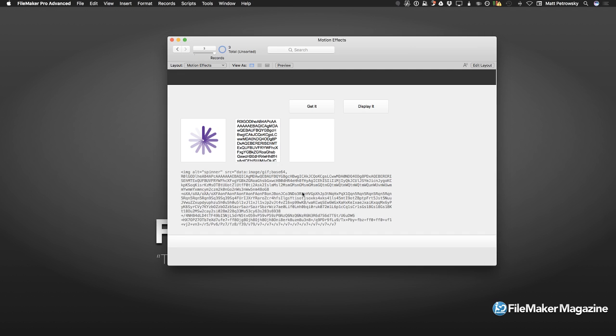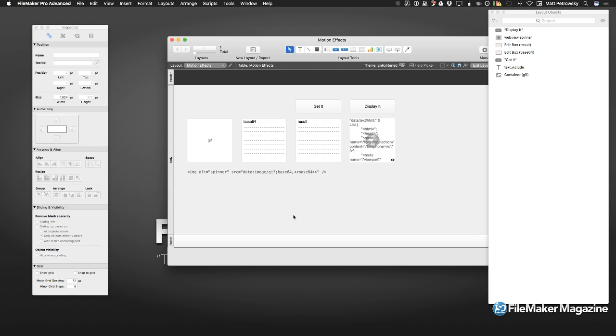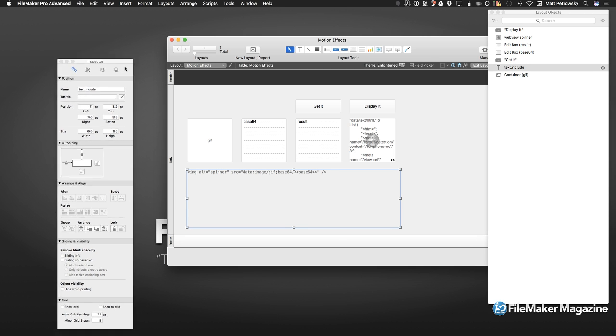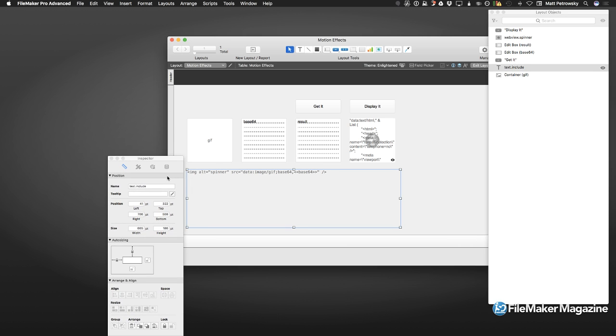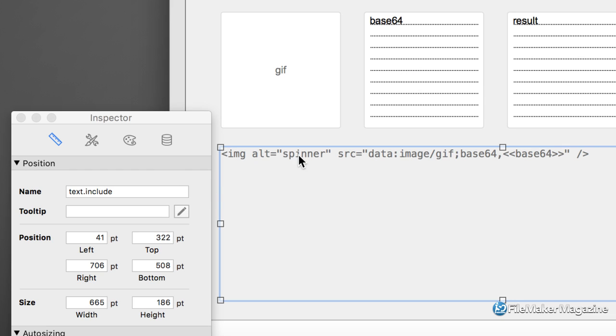When we go into browse mode, we can see that the merge field is actually being integrated. So the question now is, how do we actually get all of this text? Well, there's a nice little trick to do that. All we have to do is make sure that this particular text object actually has a name. So you can see right here as I zoom in that this object, I've given it the name of